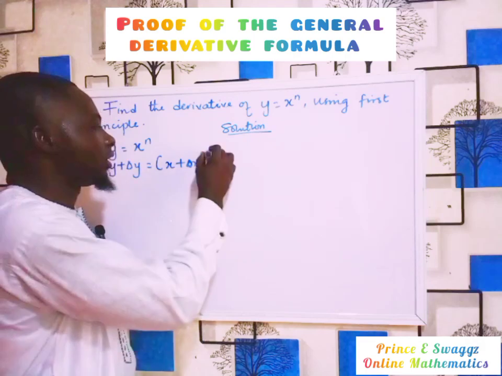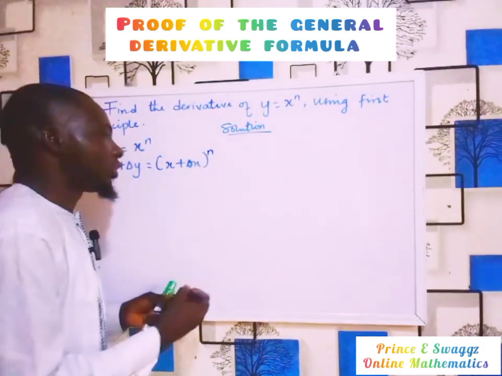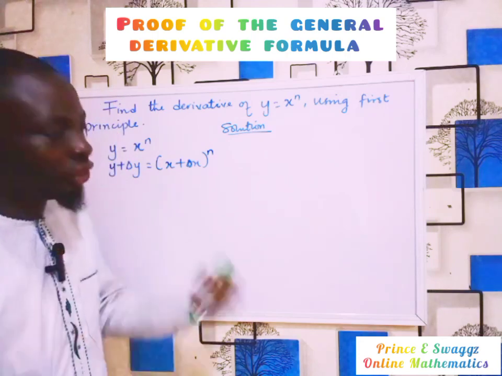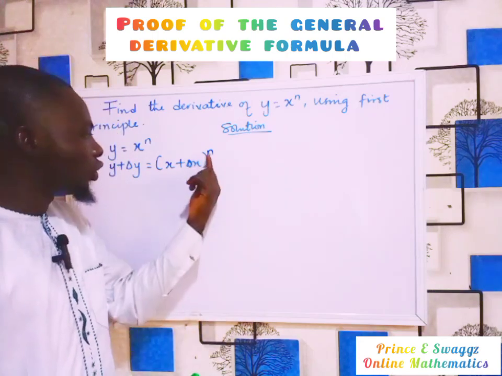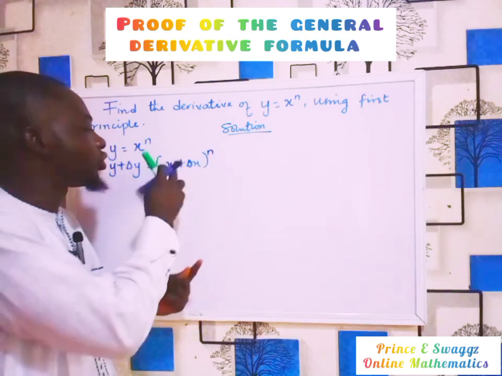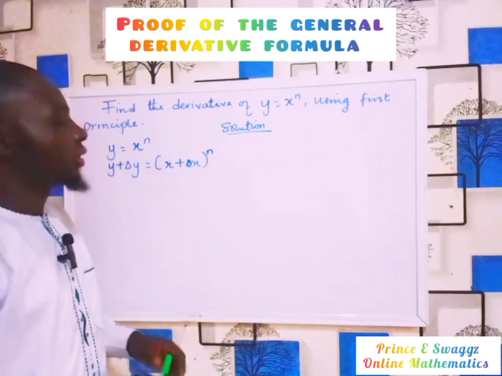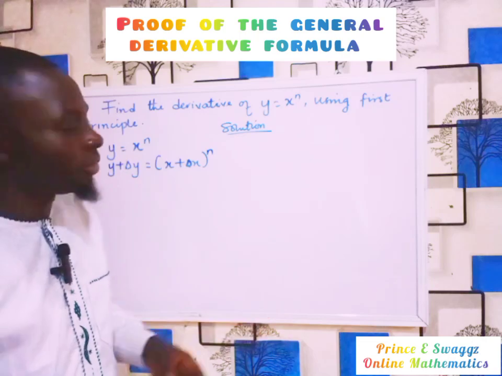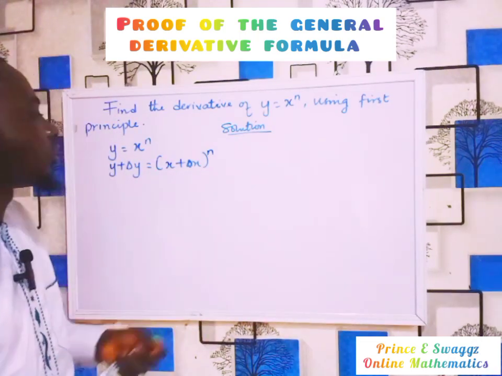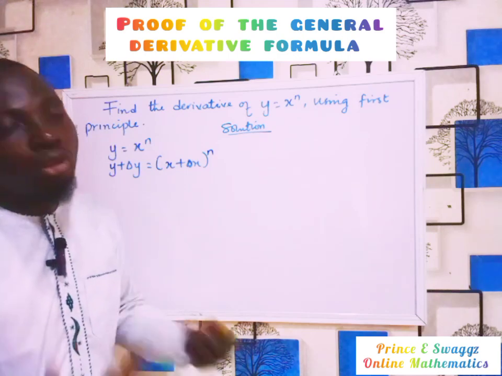The next thing to do now is to expand this expression here. And for you to expand this, we are going to use our binomial theorem, because we don't know the value of this n. Maybe n is 2, that means you are going to multiply this in 2 places. With a 3, you are going to multiply this in 3 places. But now, since you don't know this n, because n represents any of those positive numbers,